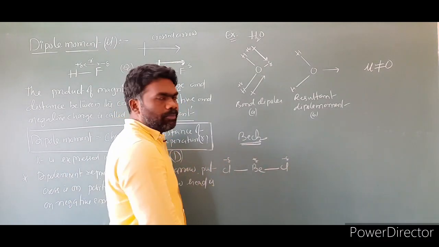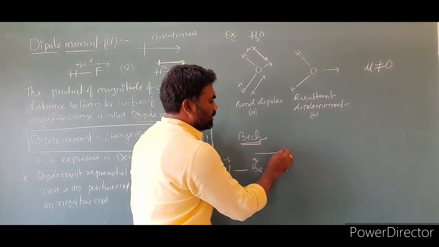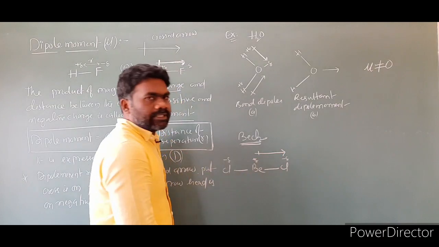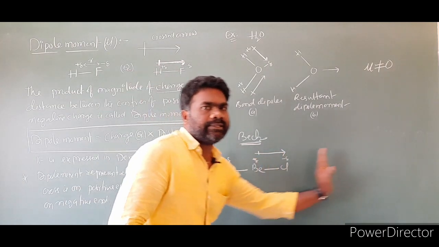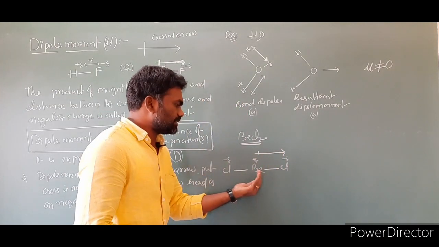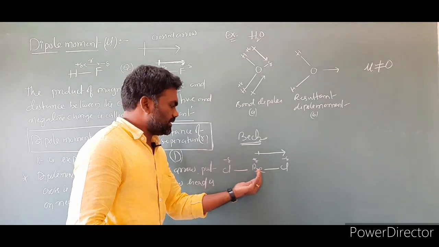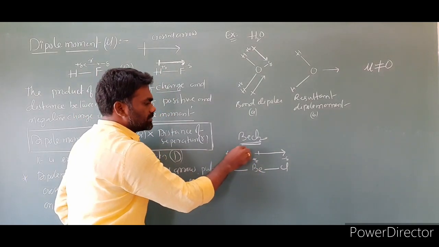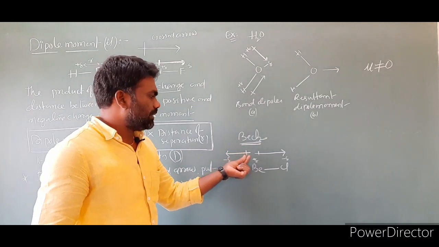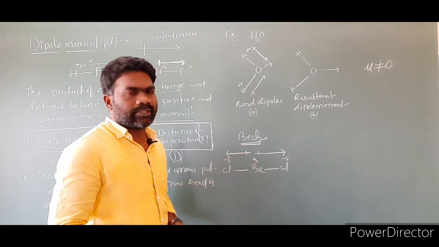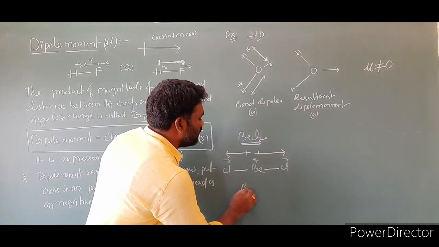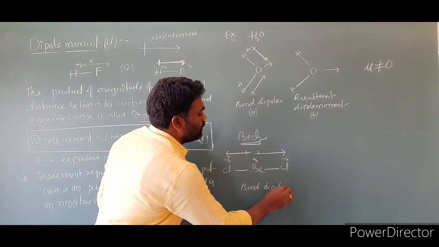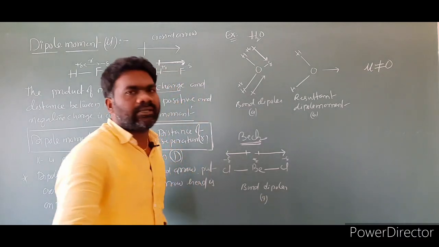Now we have to show the bond dipoles. So the cross is on the partially positive charge and the arrowhead is on the partially negative charge. The bond dipole in this direction will be there. For this case, this is the positive charge and the negative charge is towards this direction. The next bond dipole will be shown like this. This is the partial positive charge, this is the partial negative charge. So these are the bond dipoles in this molecule. I am labeling this structure as A.